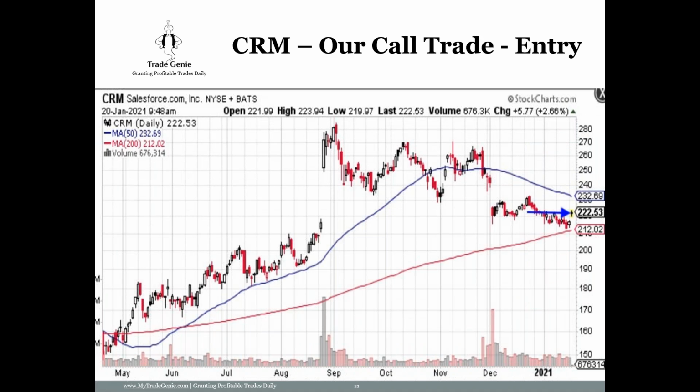Here's another trade, CRM. CRM is another one we trade regularly. CRM is holding the 200-day moving average. So if it's holding the 200-day moving average, what are the odds of CRM going down below the 200-day, then going up? And here's the gap, to be filled at the 240 level. I look at this and I say, okay, why is it gapping up from the 200-day moving average? There has to be some reason. So the logic is simple. Gap up from the 200-day moving average, go long, exit somewhere near 240 when the gap gets filled.